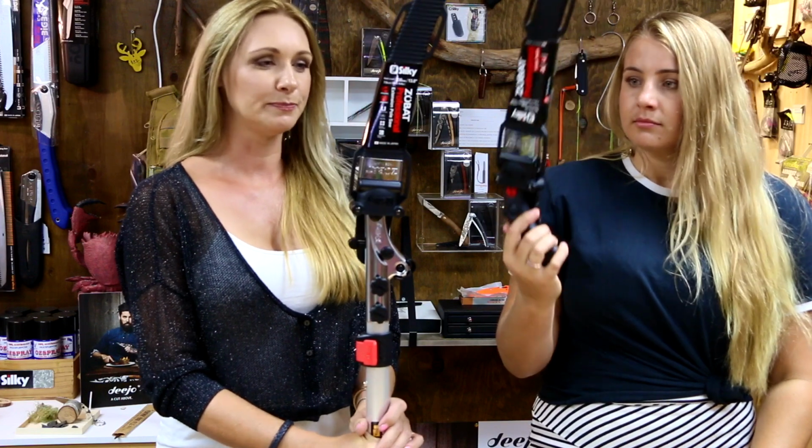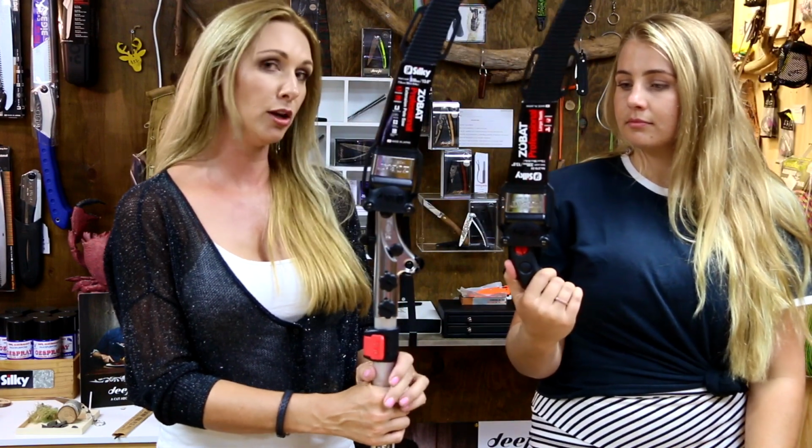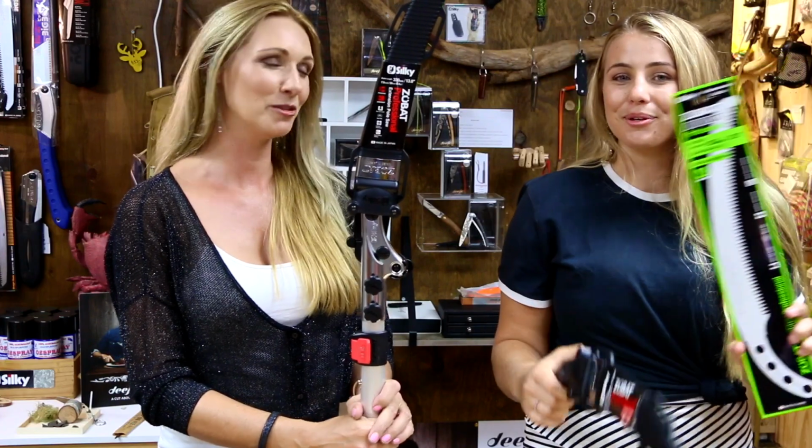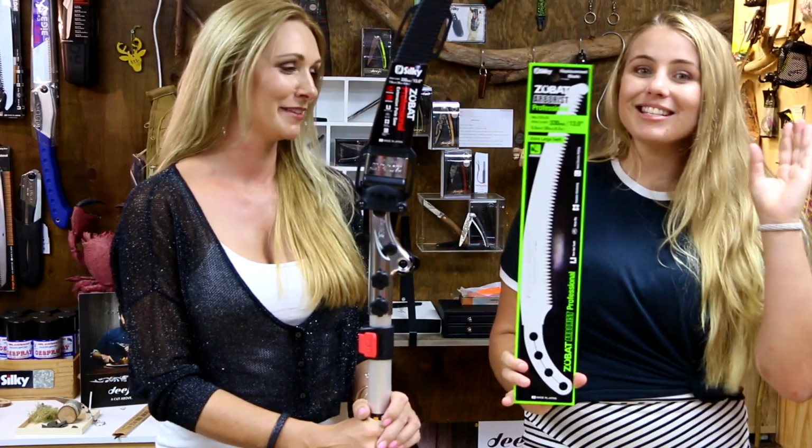So blades. The Zubat pole saw comes with your standard Zubat blade in a 330mm length, which is a great blade tooth size to do a variety of materials. But Sinead was telling me before, a great option, which I'd not thought about with the pole saws, is the Zubat arborist handsaw. So thanks to us Aussies who put our request in. And this is an extra large...